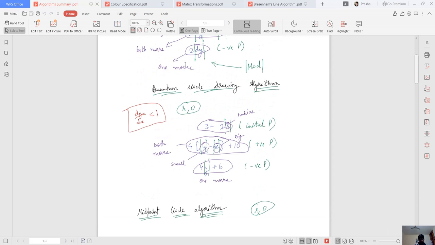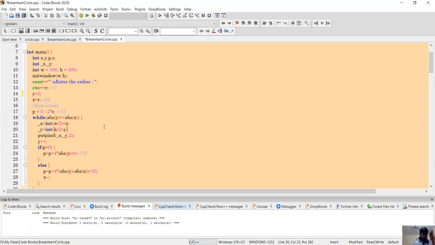And this is our Bresenham circle drawing algorithm. Going back to our algorithm, we have taken the absolute y because we always want this to be positive. And here is our x. So we have taken another variable x dash, underscore x and underscore y, which is giving our window size basically 250 by 250. What we are doing is increasing our window size to this and this.